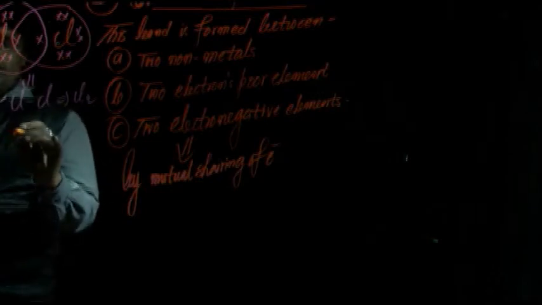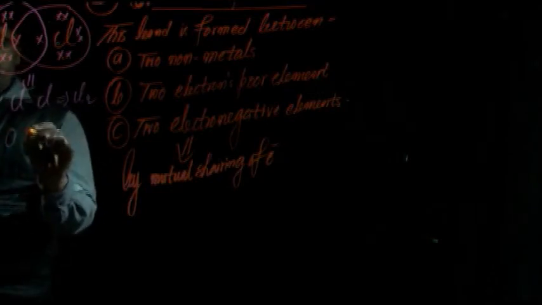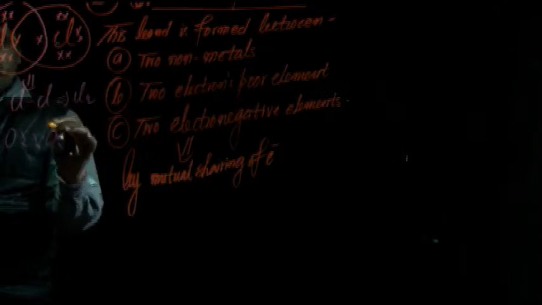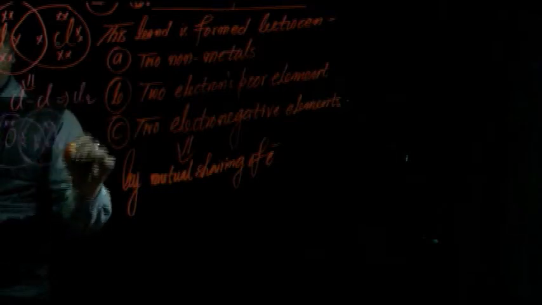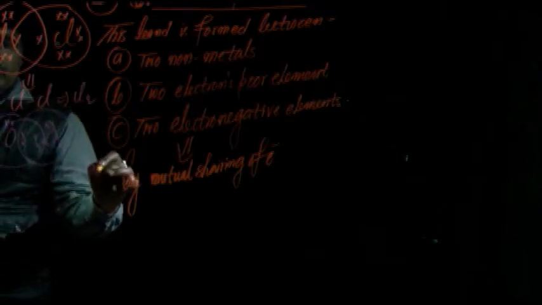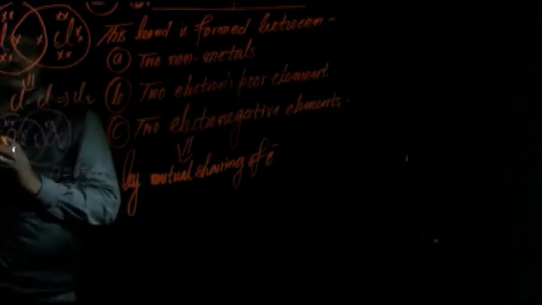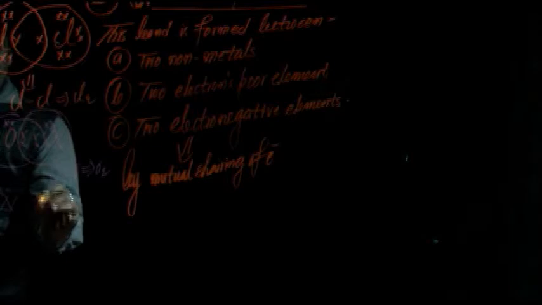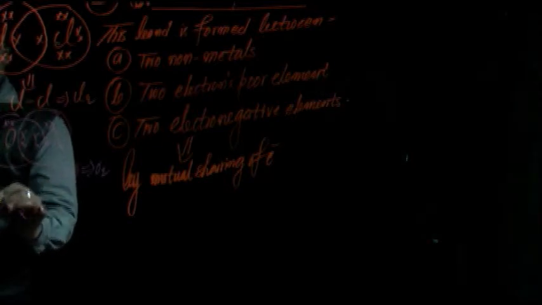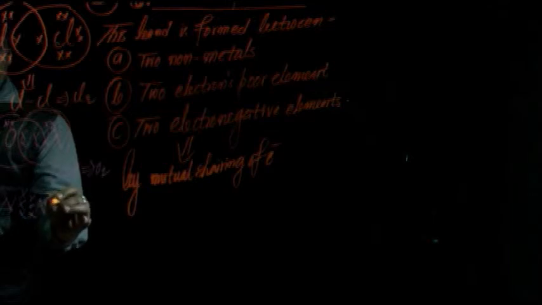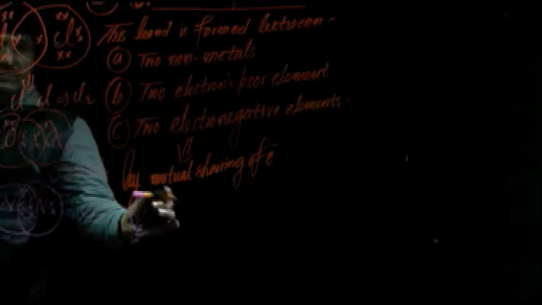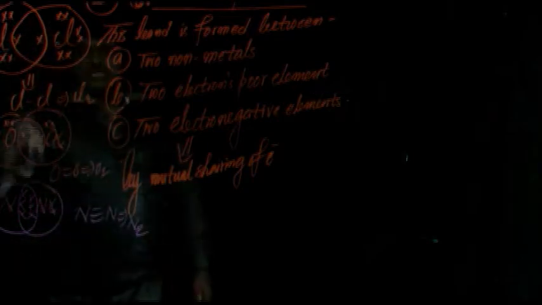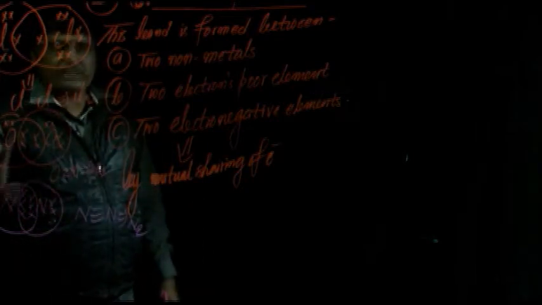It may be double also, like in oxygen, where each oxygen has 6 valence electrons. They share to complete 8. This is O double bond O, that is O2. This is the example of a double covalent bond. Now, a triple covalent bond arises in nitrogen, which has 5 valence electrons. Each nitrogen mutually shares 3 electrons, and a triple bond is formed in the nitrogen molecule. So, it may be single, double, or triple, but